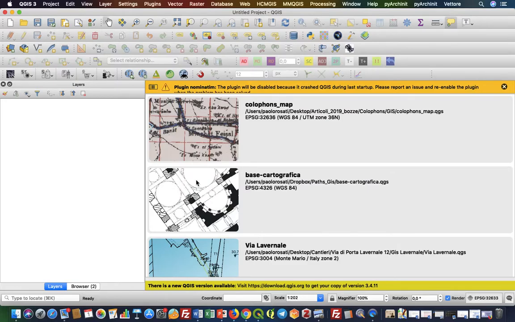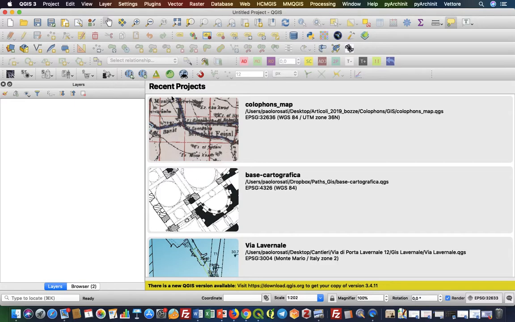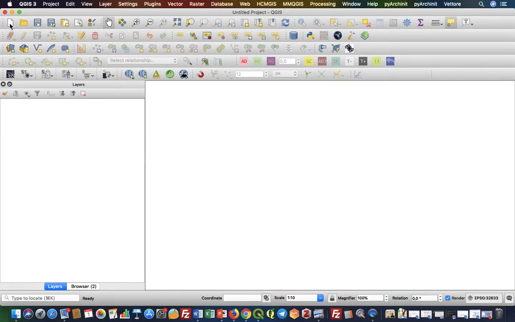In the main page we have all the previous projects that I worked on. Of course, for whoever is starting to map, this page will be empty, and now we have to push the button of the new project, and the main window, the central window, will be white. Push on the